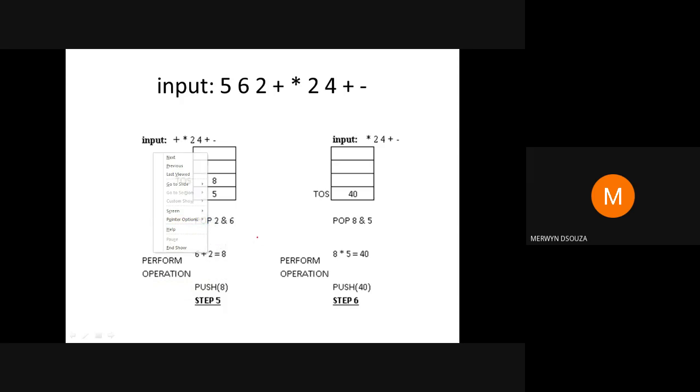Also, in each step, I'm showing how much of the input is still remaining. You can see here, no? How much of the input is still remaining. So since I reached here, I'm showing that this much of the input is still remaining to be processed. In this step, we processed this. In the next step, only this much remains. So that is shown here.